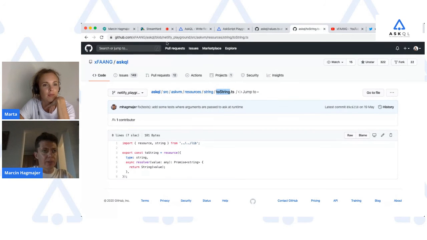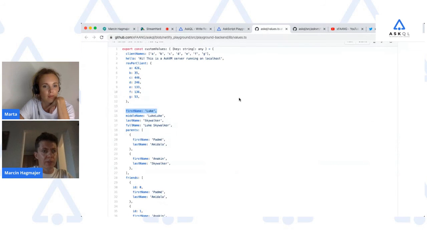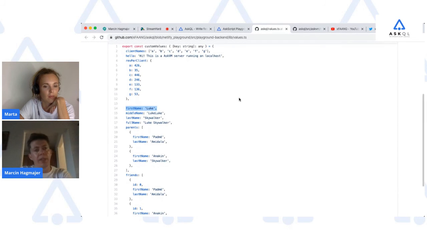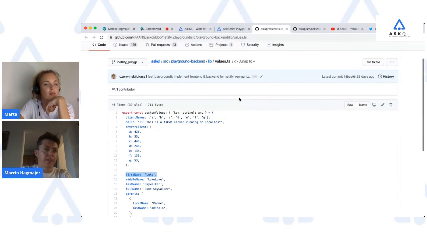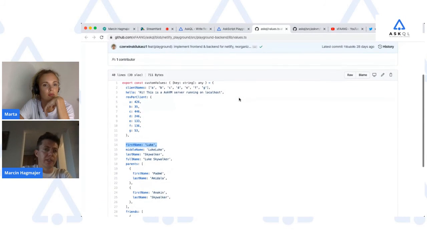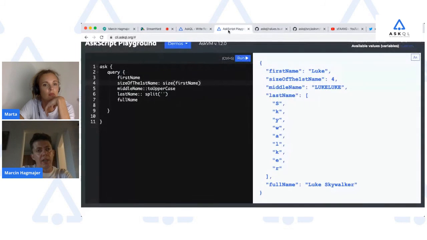I wanted to show you one more thing about query. If we go back to the playground, the query itself is also a value.